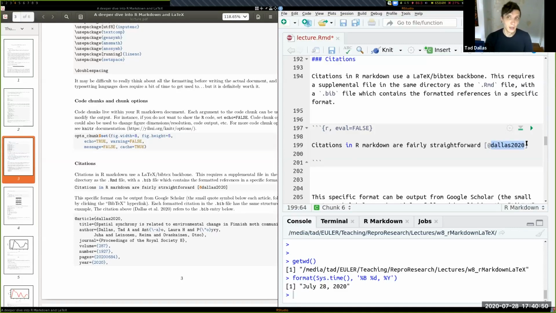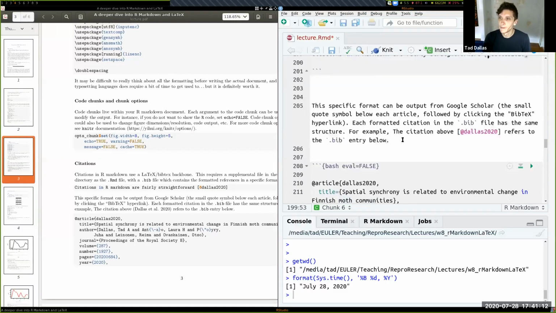a bib file, and this bib file is a separate file that you make and that you put all these citations in. You can put more than it's going to need, and it won't get angry, right? So you could have every citation in the world in your bib file, and it's only going to pull what it needs from that. So whatever you call it will be used to format the bibliography.